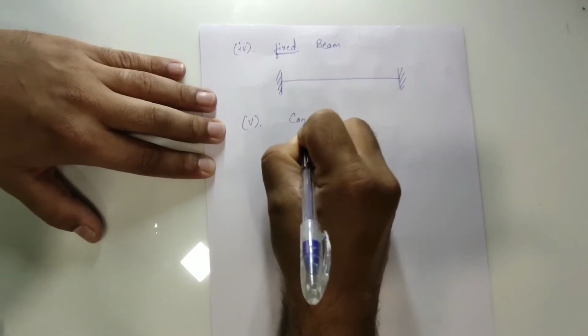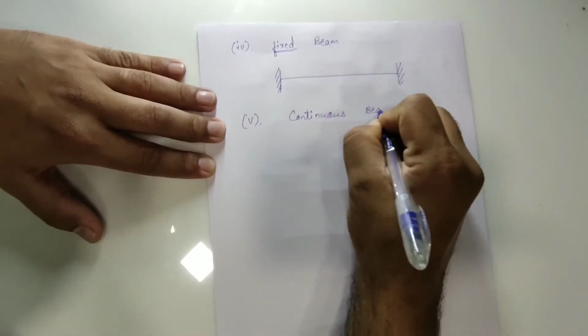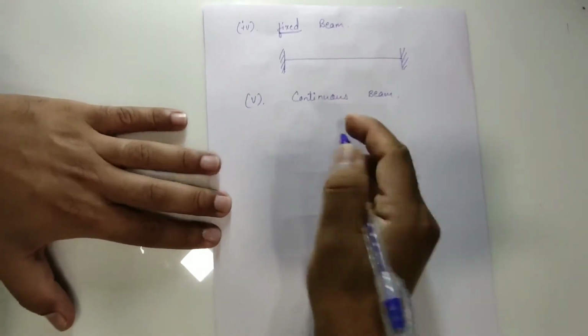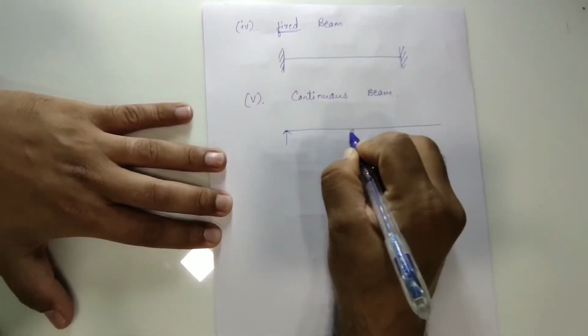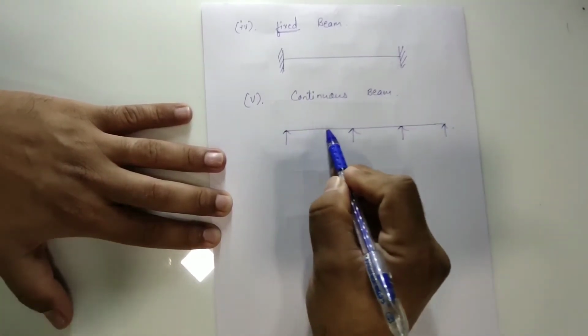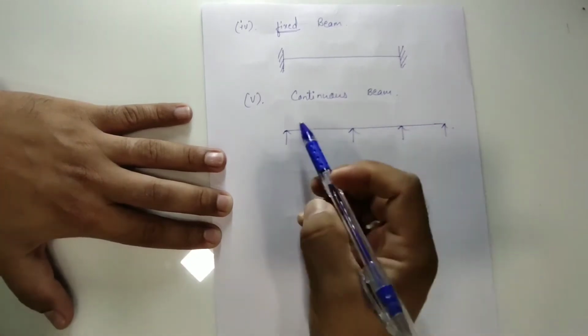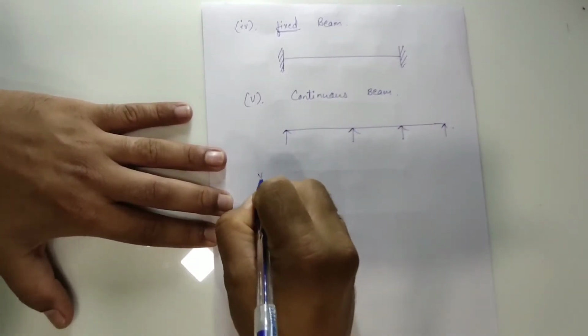Then the fifth one is continuous beam. So what is a continuous beam? A beam which has more than two supports. Means a beam which is continuously going over a number of supports, or more than two supports, is known as continuous beam. And the last one is